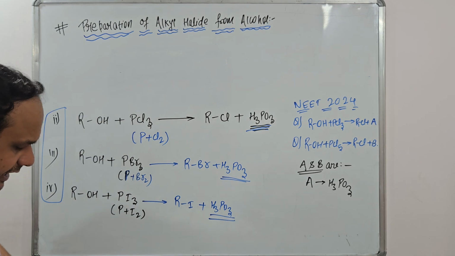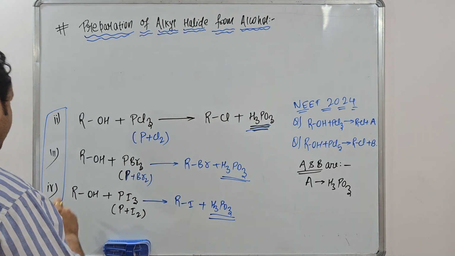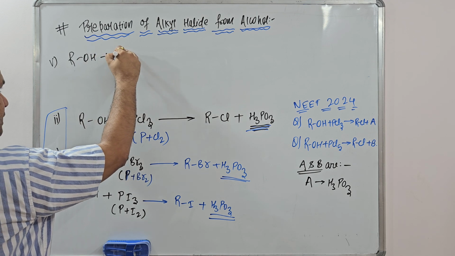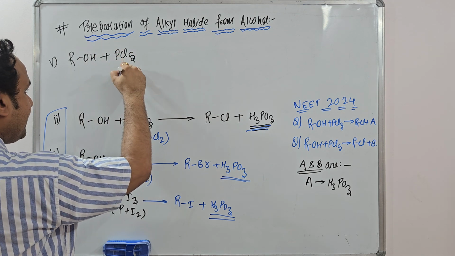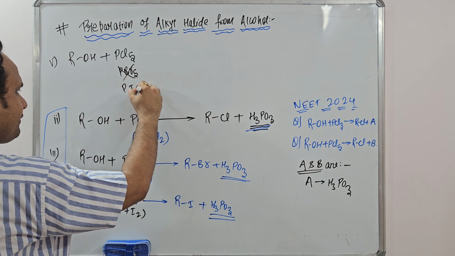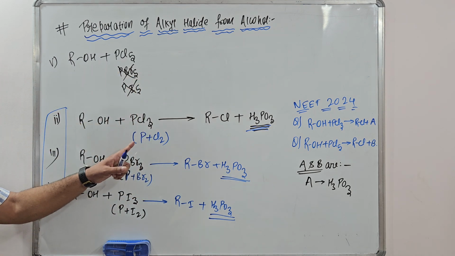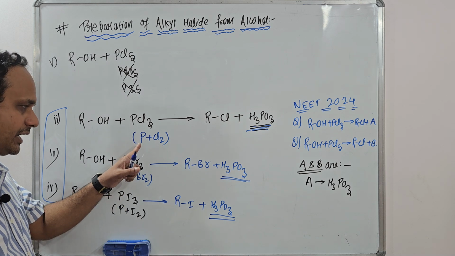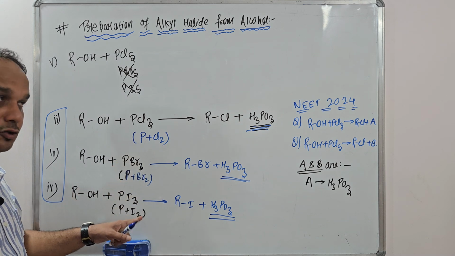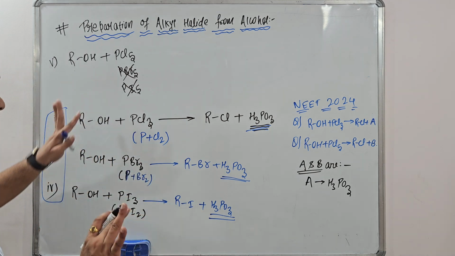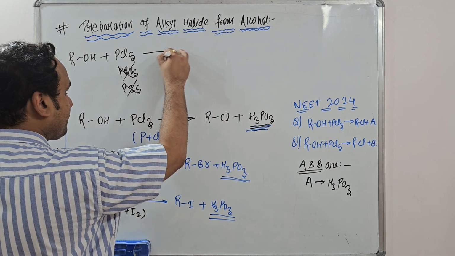completing the video. The next reaction, the fifth one: whenever ROH reacts with PCl5. In this, PBr5 is not there, PI5 is not there. Only PCl5 is there. Likewise, we will have PCl3, PBr3 and PI3, which can also be written as P plus Cl2, P plus Br2, P plus I2. But over here, no PBr5, no PI5, only PCl5. In this, you will get the product as